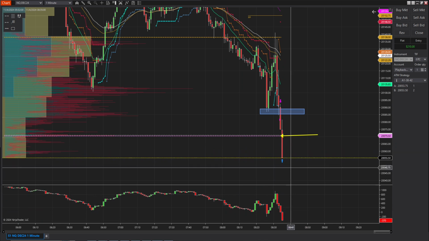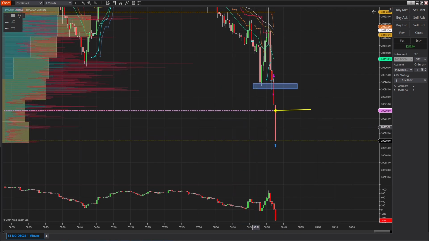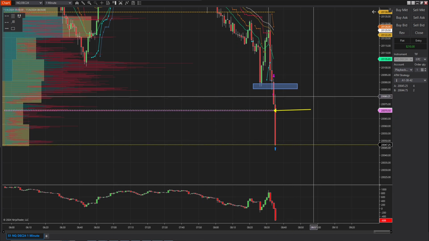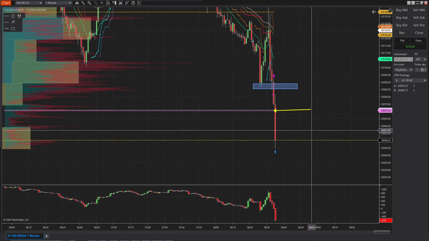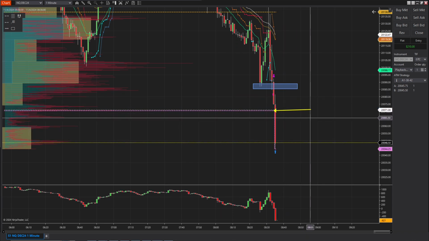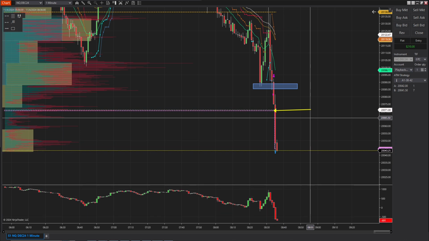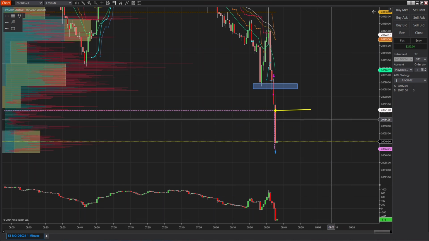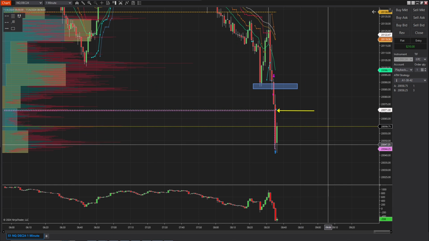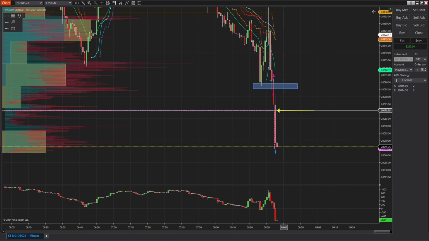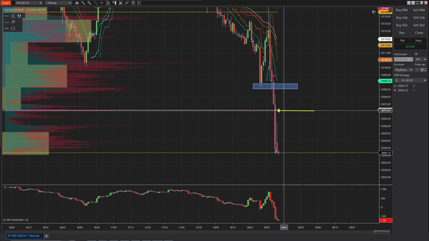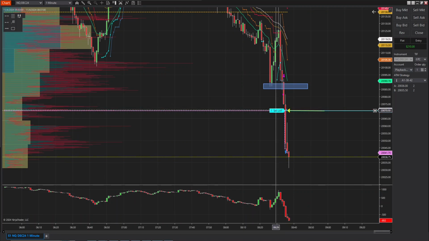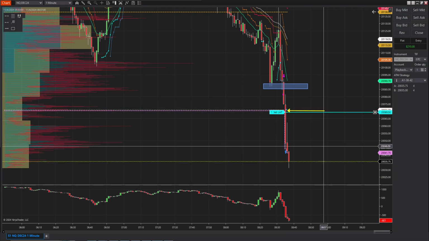Cumulative delta is going low, so this is in favor of going short, but it's just that volatility is high and I don't see any good invalidation points, or even if there is an invalidation point, that will be too wide of a stop. I could short here if it comes back all the way there, then I can use this as the stop. Still it is a little bit random,